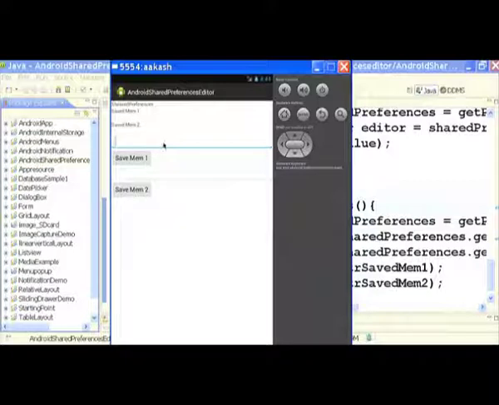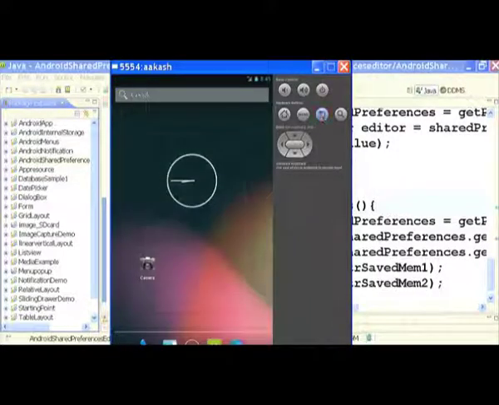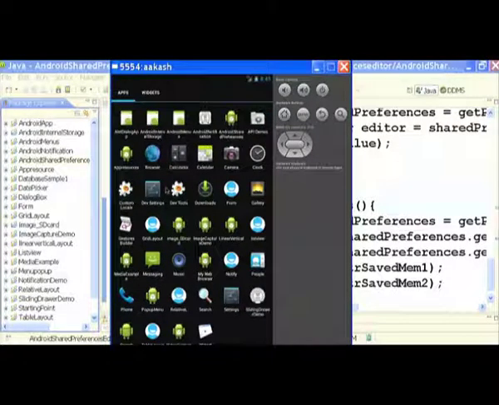This is the Android shared preference editor. So suppose here I'm writing hello, and here I'm writing students. When I'm clicking on save MEM1, it will display here. When I'm clicking save MEM2, it will display here. Then go back. Again, if I'm clicking on that shared preferences,